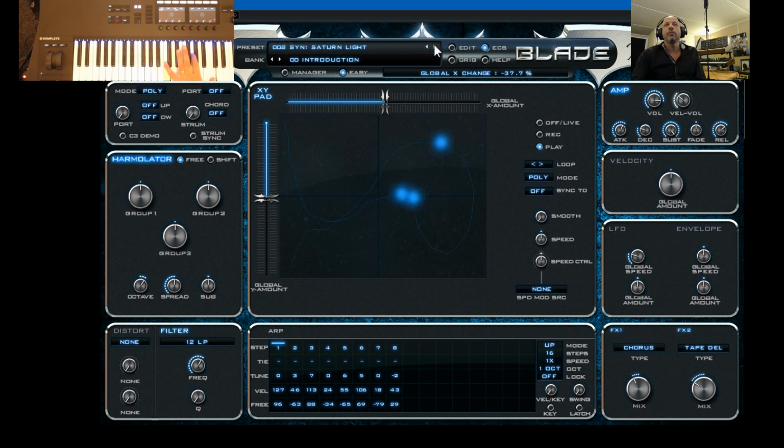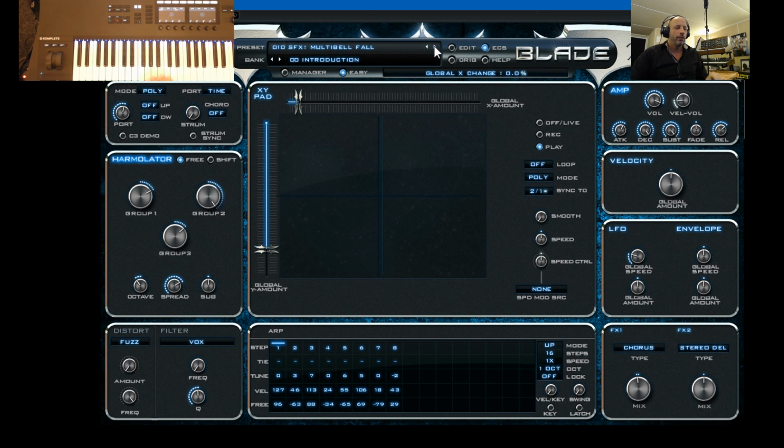To add sound, you can easily change here the effects. It uses a tape delay and a chorus. You can put it on or off. You see the LFO is off. You can put it on and global amount, or an envelope, or the velocity. Filter you can change here. So the easy page, well, just give it a try. Go to the next preset and